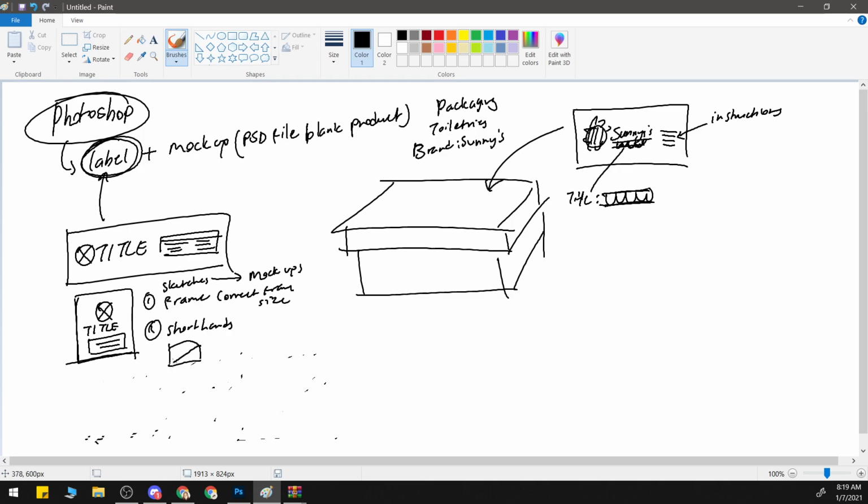So anytime you have a square with an X or a circle with an X, or even a triangle with an X, this normally means image, right? A series of thin lines means copy or instructions, the fine print basically. And whenever you have this, it is a title. Okay? So for my title, it will be